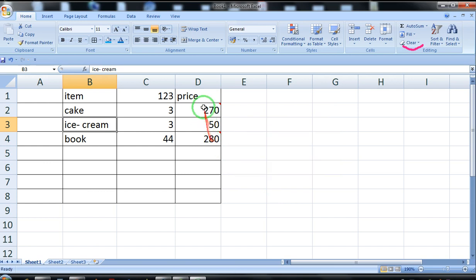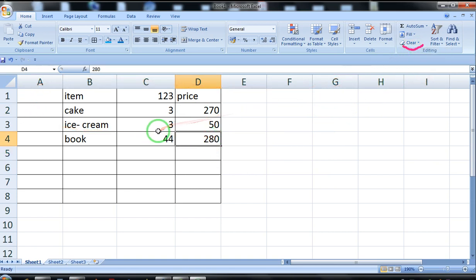So if you want to remove the comment, select the cell, choose the option clear. This clear is again present in the editing group in the home tab, home, editing, clear. Click on clear and choose the option clear all, or you can choose the option clear comment. When you choose the option clear comment, only the comment will be removed. No comment now over here. Here you will find a comment. But when you choose the option clear all, it will remove everything, including the value which is present in the cell. But the cell will remain there. Let's undo it. Let's again remove this comment. Now the comment has been removed.